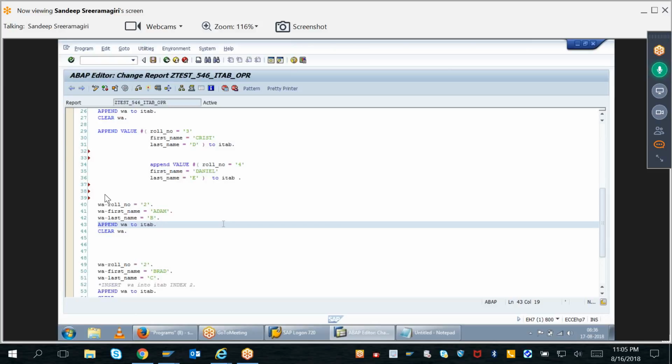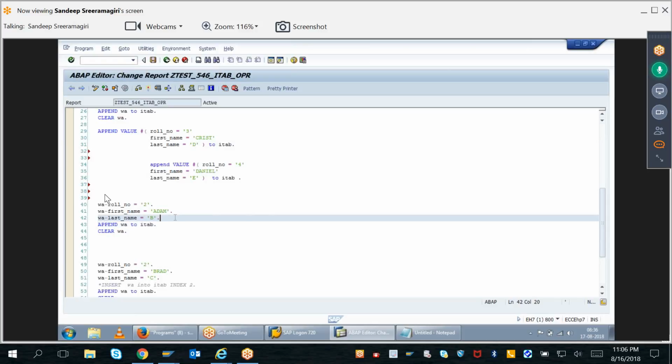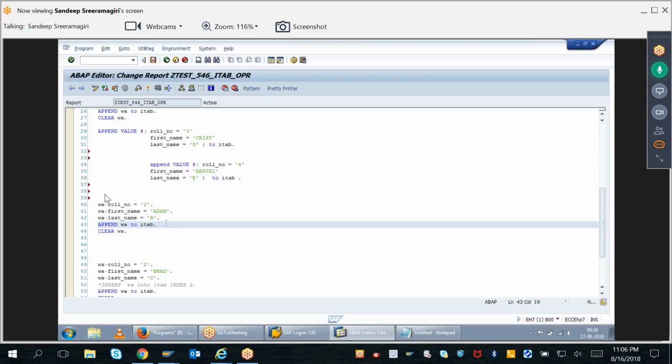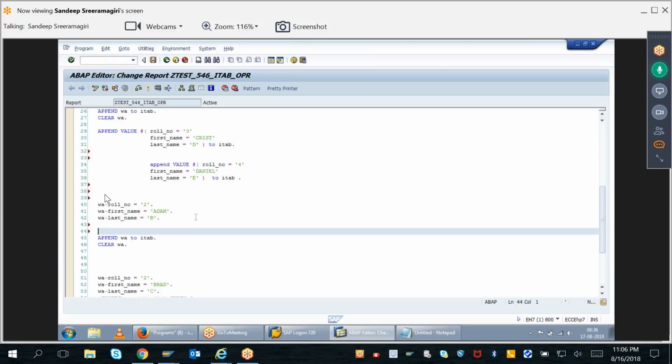Now, how are we adding a work area to an internal table, appending a record to an internal table using an append statement? Whenever we wanted to add a record to an internal table, what is the statement we are using? We are using append, right? Now in HANA, if I want to add a record, how will I add it? I tab equal to value hash brackets open base I tab